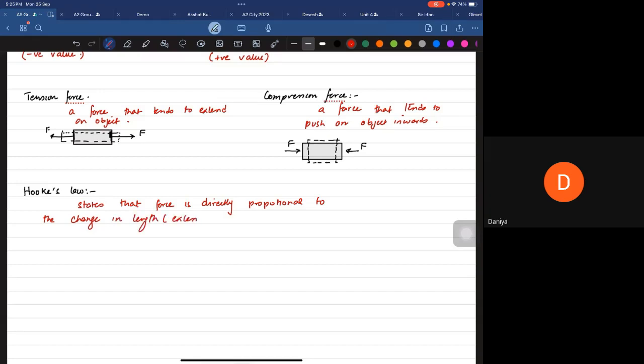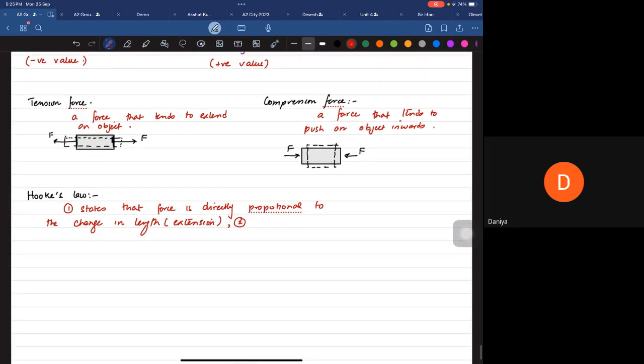You can write extension in the definition as well, doesn't really matter. This will give you 1 mark, but the second mark starts from here. So I'm putting these 1 and 2. You don't have to write it, just to tell you what to write. So proportional to change in length, extension,